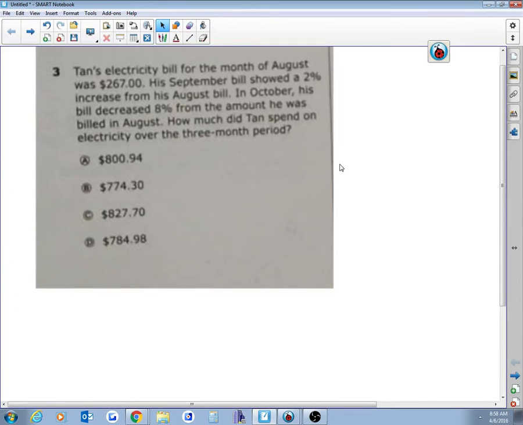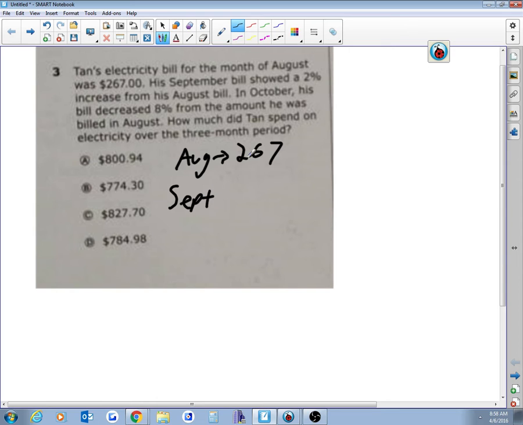His electricity bill for the month of August was $267. So I'll start writing some stuff down. So in August, it was $267. His September bill showed a 2% increase from his August bill. So for September, we've got to find 2% of 267, so that would be